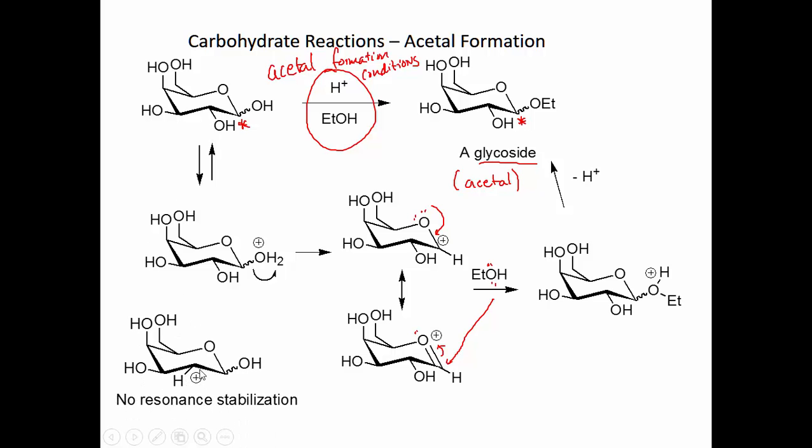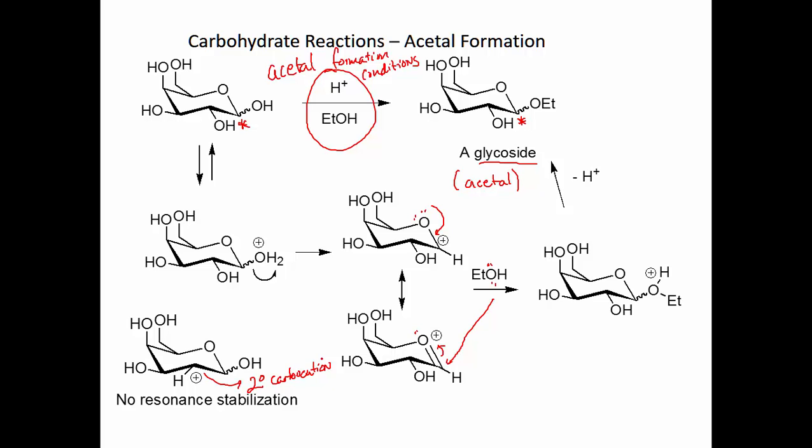Carbocation here doesn't have any resonance stabilization. It's just a secondary carbocation. Better than primary, but not really all that good compared with one that has resonance stabilization by an oxygen atom. Okay? All right, so it's very easy to selectively turn the anomeric OH group into an OR group just by